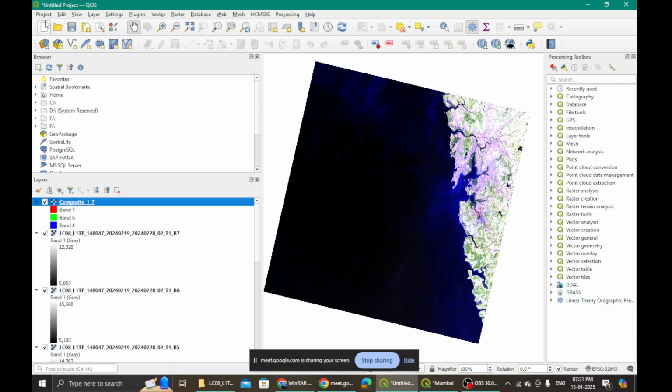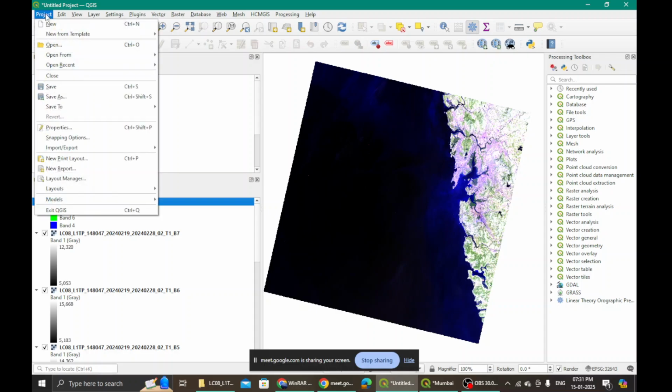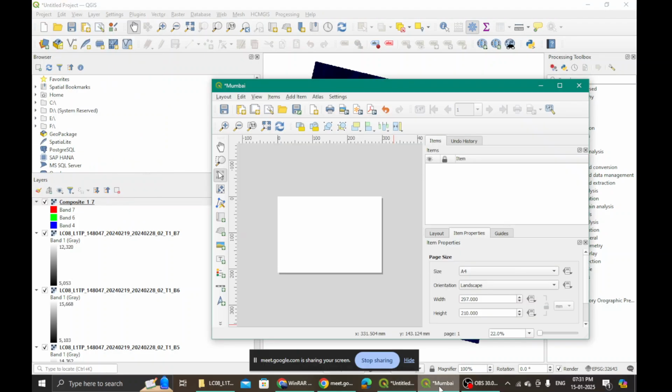Great. All right, so then next, what do we do? Just follow quickly, because you have to finish this particular task. Under project, we go to new print layout. Click on it. Then it will ask you to name that particular print layout. Name it whatever you want. Give it your name for now, such that this opens. And then the page will open now here.